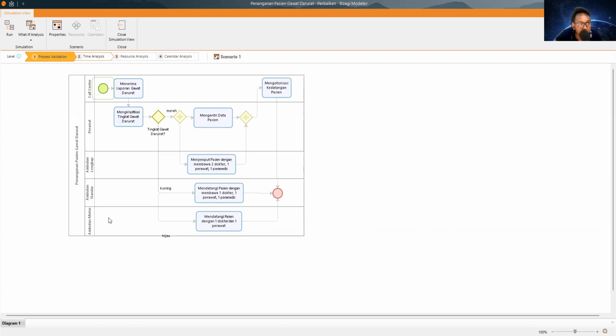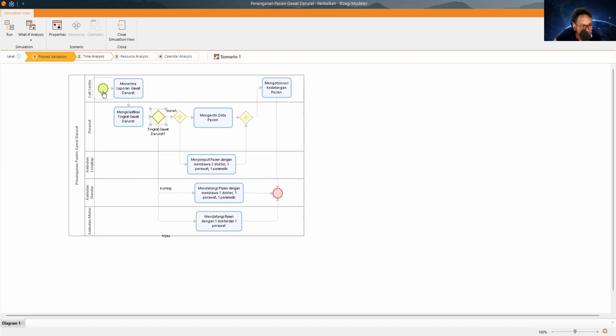Okay, the first step, we click the process validation. In this process validation, we must input the data on the glowing parts, such as the start event and the gateway, because the glowing parts need data from us.